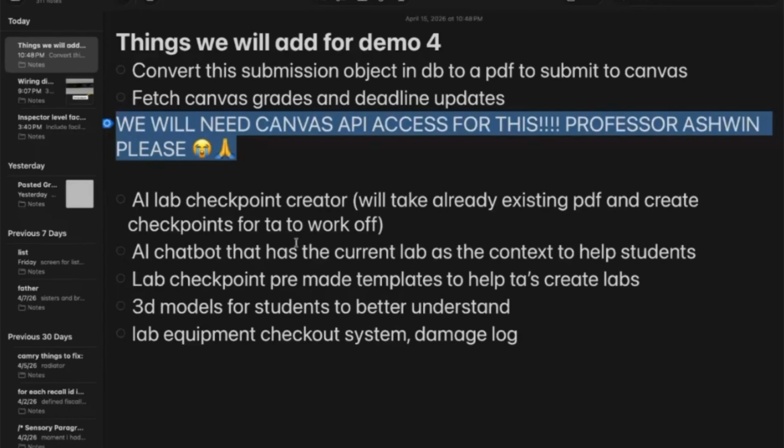So we will try to convert our submission objects to a PDF so that students can use it and submit it to Canvas. And I request Professor Ashwin and Professor Samantha for Canvas API access so we can link it up,